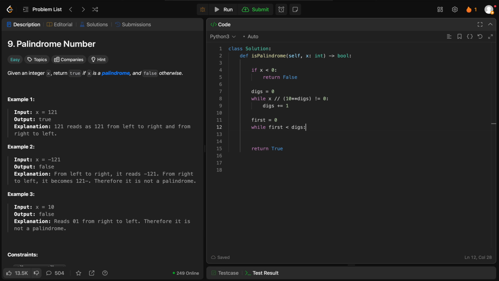If first is less than the digits, I have to compute the numbers. So n1 is x divided by 10 to the first,